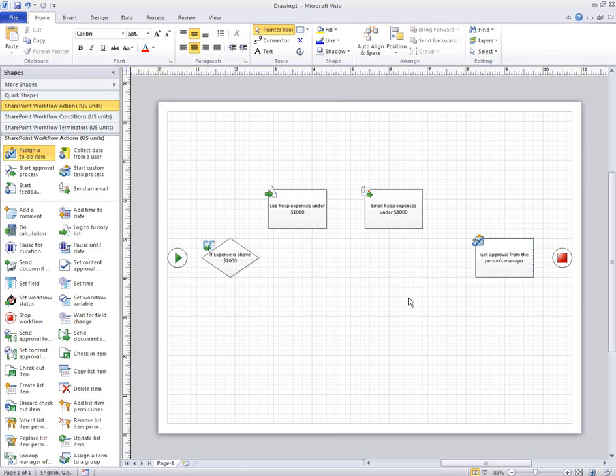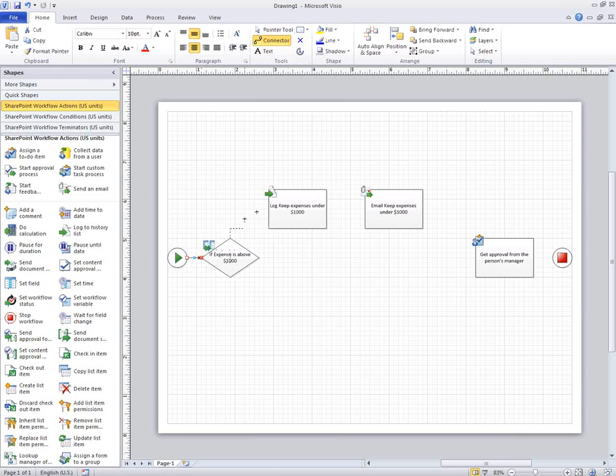Okay. So this workflow, I need to go ahead and connect these shapes together for it to really be a valid workflow that Visio can really understand. Now Visio has an internal workflow engine, meaning it really truly understands SharePoint workflows. It knows about the rules. So if you connect something incorrectly, or if you make some mistake, it's going to tell you what the mistake is. Click on connector,